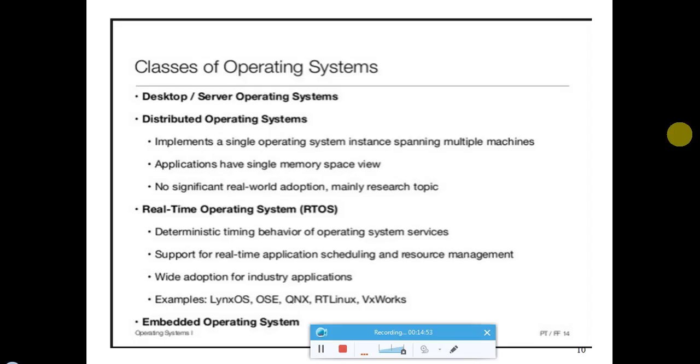Apart from them, we also have embedded operating systems. The embedded operating system is basically for embedded computer systems. When we use big computers, which are very efficient and have a lot of storage services, then we use this embedded operating system. These are basically specialized operating systems which are used in large systems. So for that purpose we use the embedded operating system.